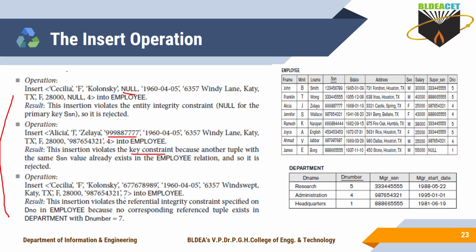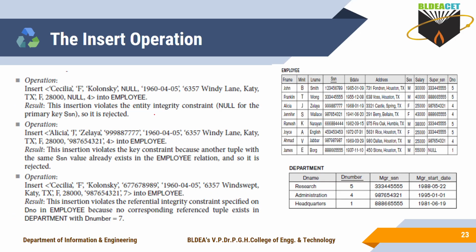In the same way, for entering the foreign key, what values will you enter? Those values must exist in the parent table. In the dependent table, values must exist in the primary key of the parent table. If they are there, it passes the check, otherwise it gives a violation of the referential integrity constraint. So while inserting any new tuples, you have to care about all these constraints, whether they are violated or not. Based on that only you have to insert here.